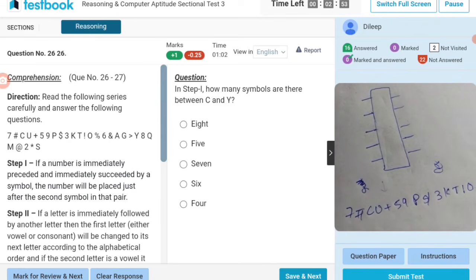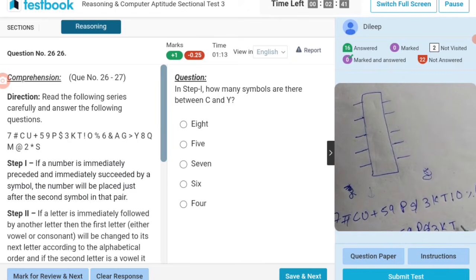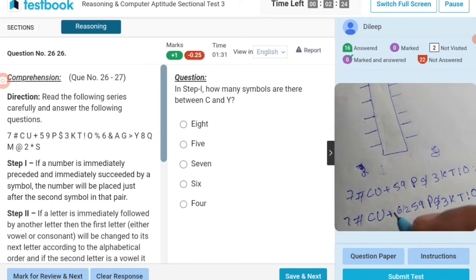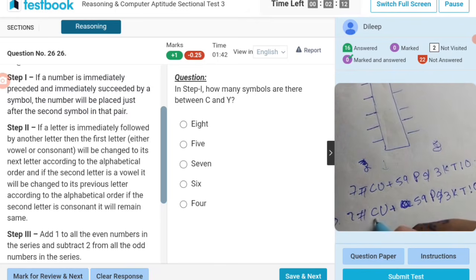7 just after second symbol. K T % @ R A G. Yes. Just after second symbol in that pair. So 6, 2 yes. Next. The letter is immediately followed by another letter,